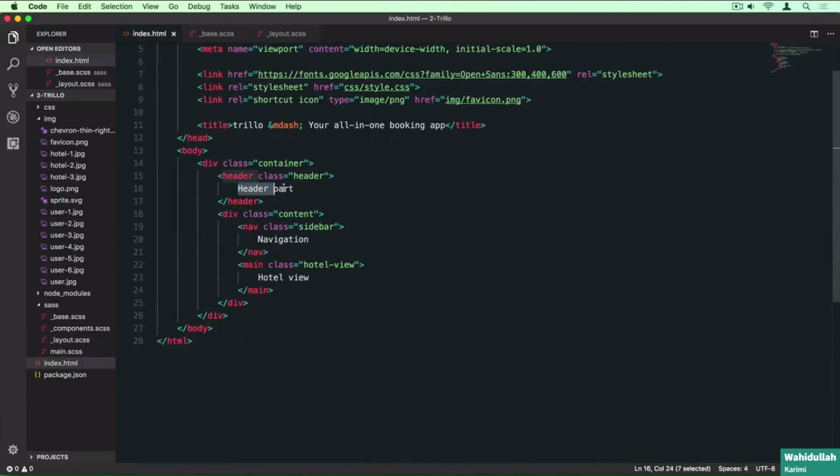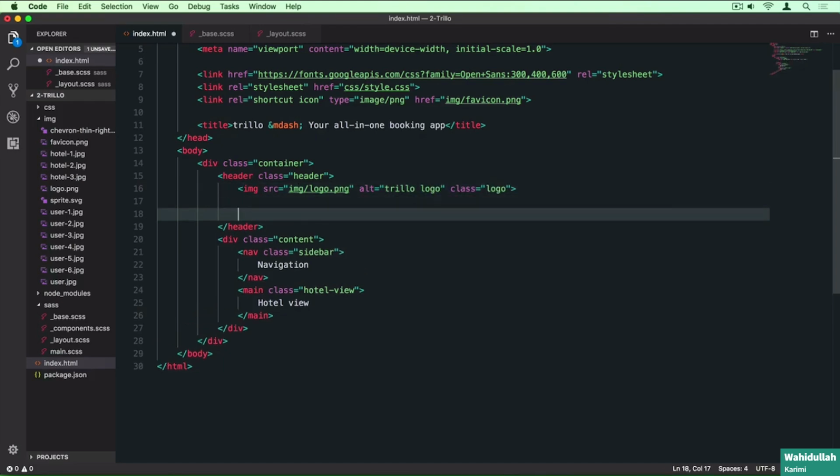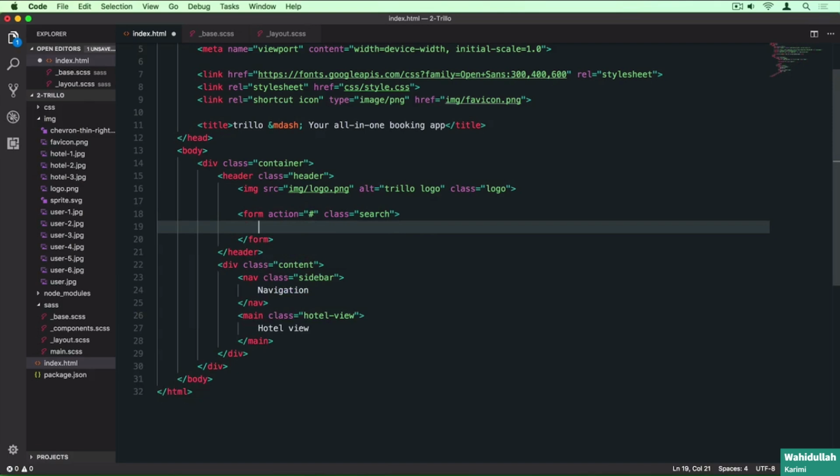So, header. And we start with the image, which I simply call logo. And the source for this one is in the IMG folder and simply called logo. And as a description, I just use Trillo logo. All right, so that's the first part. Next, we have a search bar, and for that, I'm using a form element, okay? And the action is just the hash symbol, so nothing happens, okay? Now in here, we want an input,